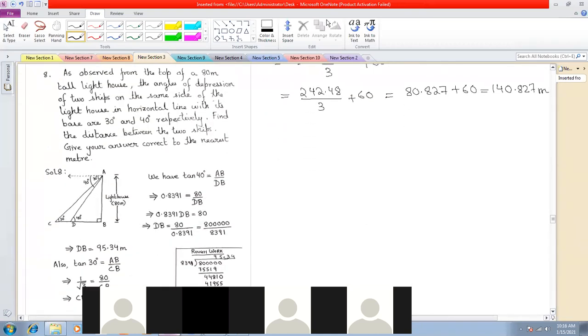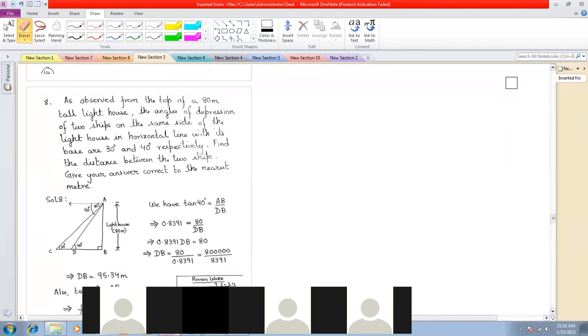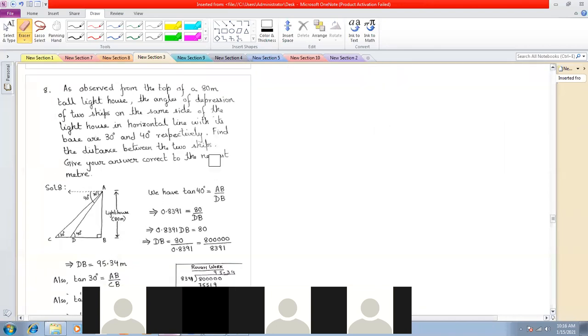Let us see the next question. Now this question appears to be either type 1 or type 2, but let's see what the question states. From the solution, I can see that it is either problem type 1 or problem type 2. Most of the diagrams in heights and distances resemble this diagram. As I told you in the beginning, 90% of the problems will be based on problem type 1 or problem type 2.